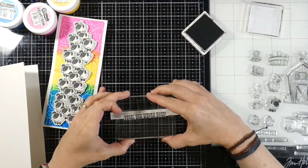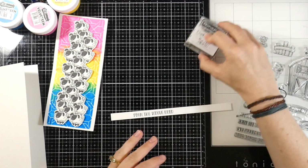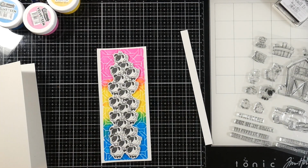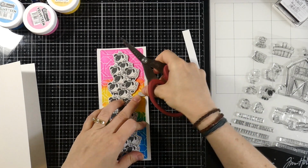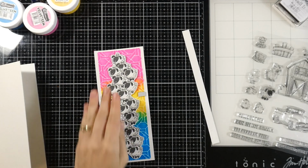For our sentiment, we're just going to stamp from the whole herd right onto the middle of this scrap that I had left over. And I did it that way, and I'm not trimming it down because I found that this is actually the easiest way for me to adhere a sentiment without cutting off too much and then making it all wonky. So I'm going to take 2 small pieces of foam tape, and I'll put that on either side of those sheep. And then I am going to take my,